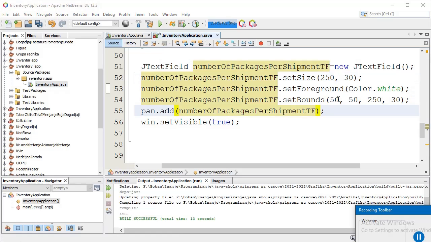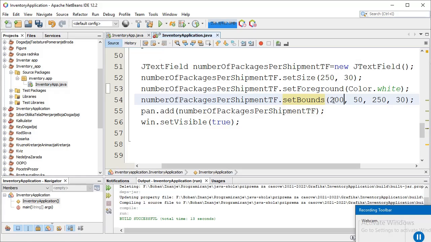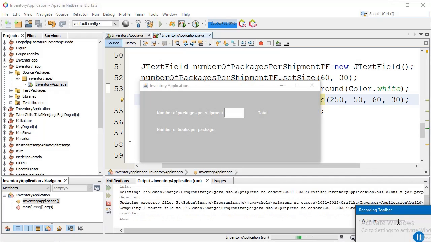Then I will change the x coordinate. I move to the right, raising the x coordinate. I will change the size to 60. Let's look. Okay.